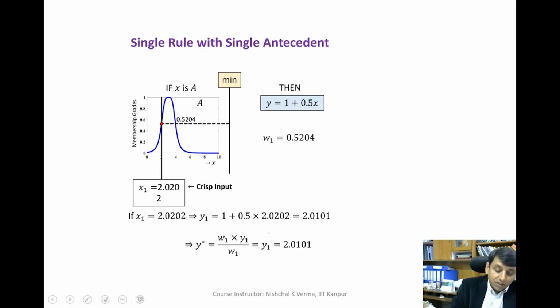So we get the W1 here, and since there is no connective, only one antecedent is there, single antecedent is there, so this becomes the W1. So this is the weight of the rule or firing strength of the rule, so W is known. And then our Z1 will be 1 plus 0.5